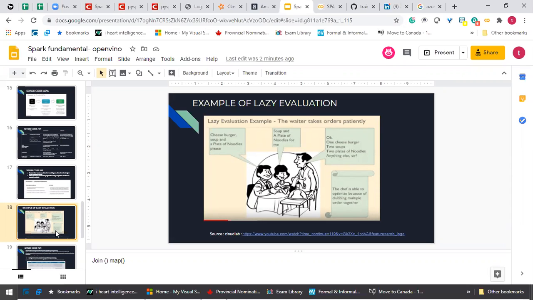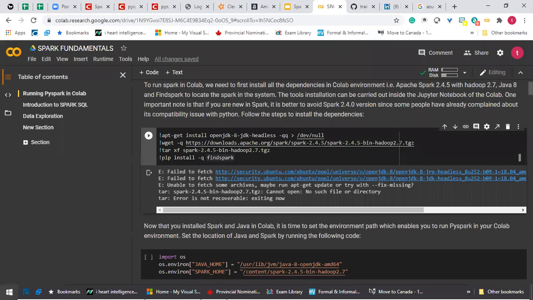That is lazy evaluation: when you say you want a cheeseburger, Spark doesn't run into the kitchen and order the chef to make the cheeseburger for you. It waits until you say, okay, I'm now finished with the ordering, please cook for me. Then it starts to run. So why do I stress this? In my notebook example,